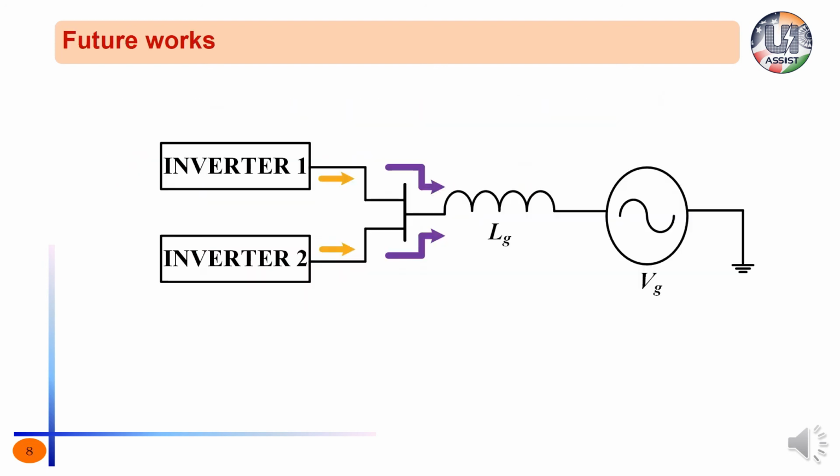So far, we have seen how an inverter grid system undergoes low frequency interactions due to the PLL. Currently, we are working on interactions between any two inverters in a multi-parallel inverter system. When two inverters interact, there can be resonant circulating current flowing between them. Also, these two inverters may interact with the grid in the high frequency region due to current control or damping. So all these things will be addressed here.